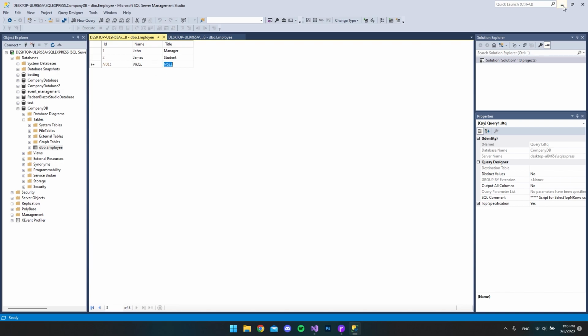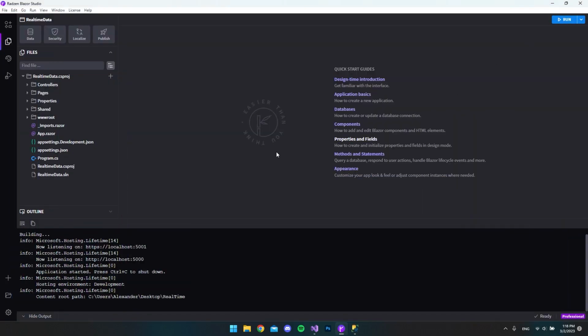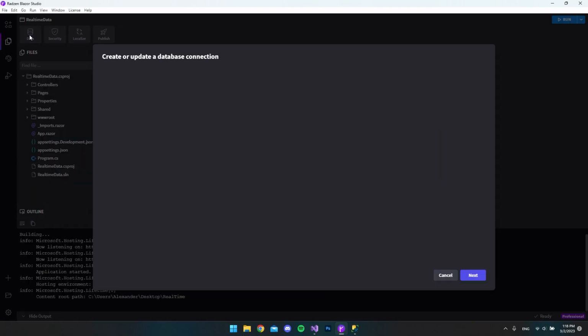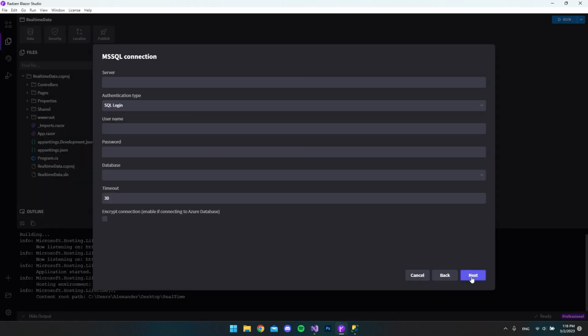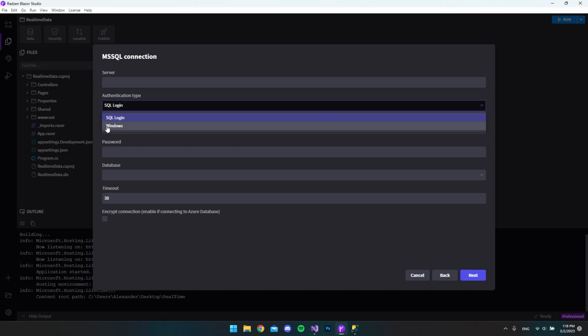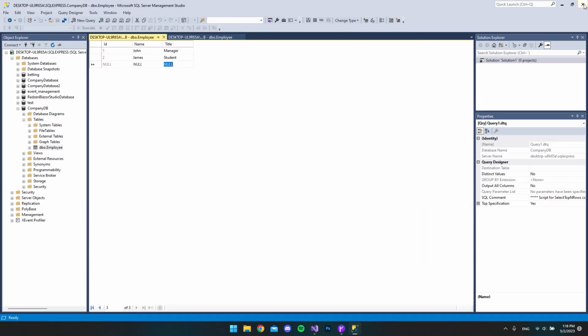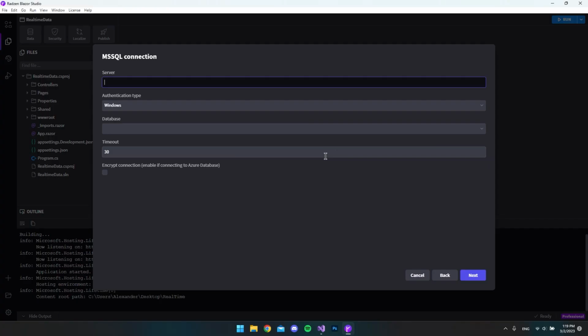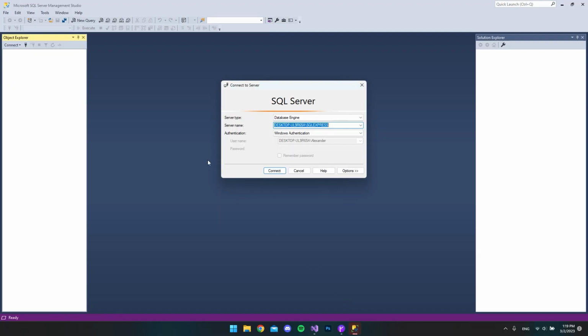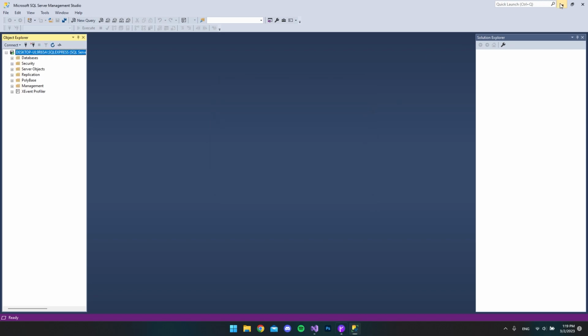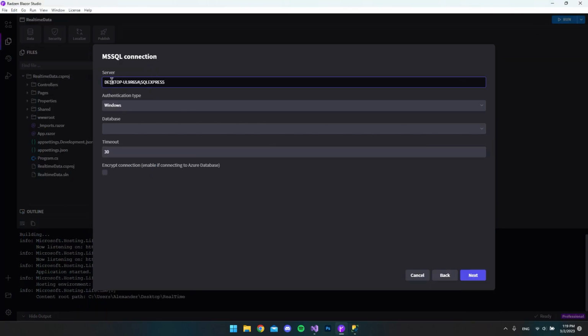Let's minimize Microsoft SQL Server Management Studio. What we want to do next is connect to the database. So we go to the data tab, and we want to use MS SQL. We say next. Inside here, we want to choose the Windows authentication type, because we're just local on our computer where we use Windows authentication. We then want to specify the server name. The easiest way is to close the SQL Management Studio and open it again. When you see here, we have the server name right here. So we can just copy this, say connect again, minimize this, and paste the server